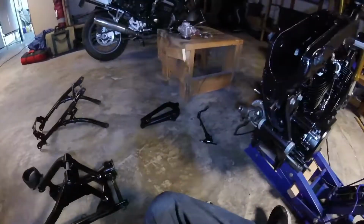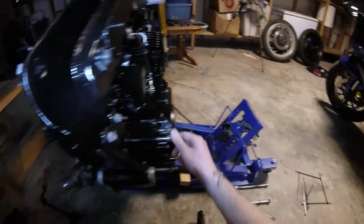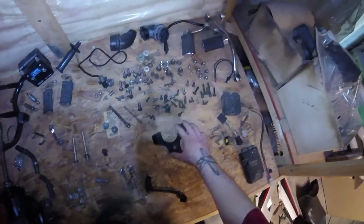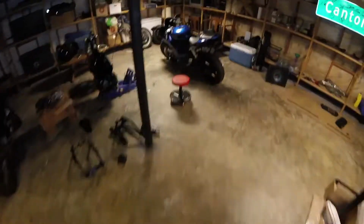In our last episode, I wanted to go ahead and do this, but I was missing one of the bolts. The bolt I was missing is this one here, which is funny because I had one, right? But I went ahead and got on eBay, and for 30 bucks I found what I'm calling a Yamaha grab bag of parts, right? And it was just really just like all this stuff here. Just a series of bolts and nuts and different pieces that some guy pulled off his 95. Came with some other stuff, just various nonsense. Most of it I'm probably not going to use, but it specifically had that one bolt that I was missing,